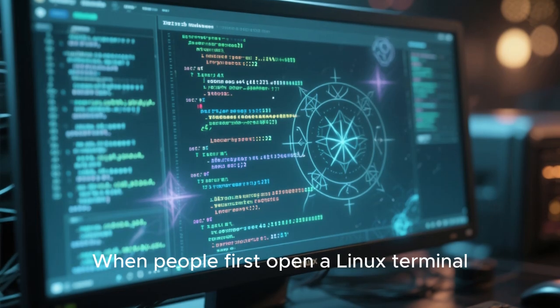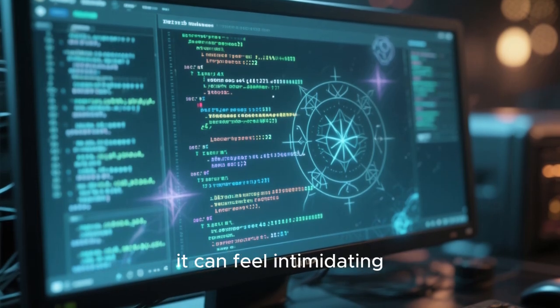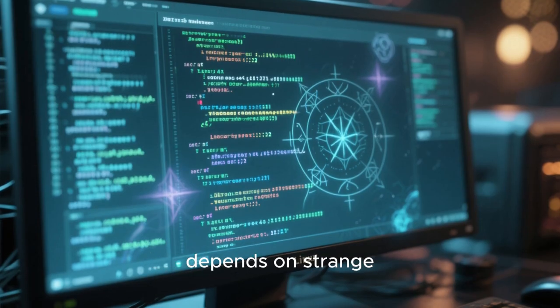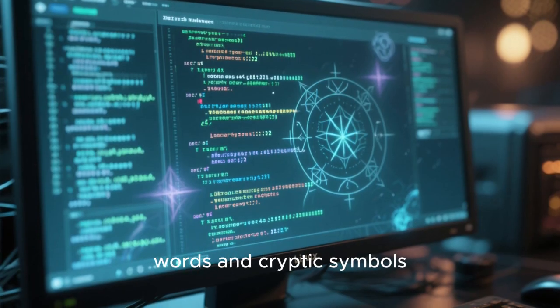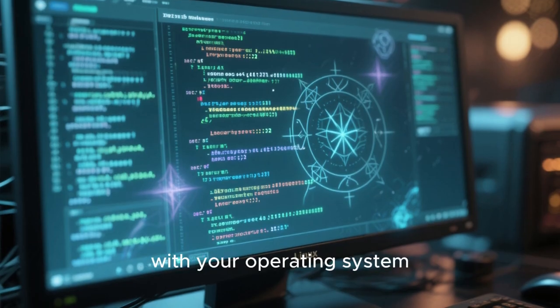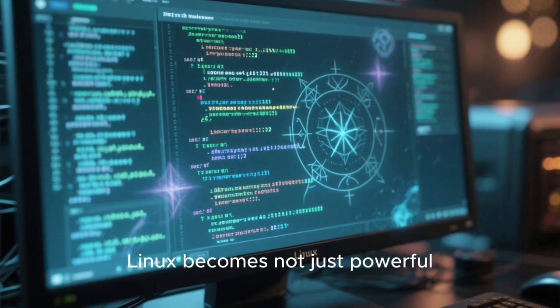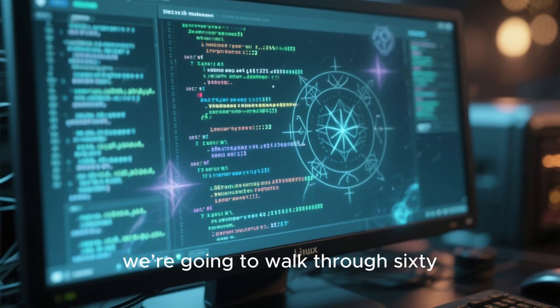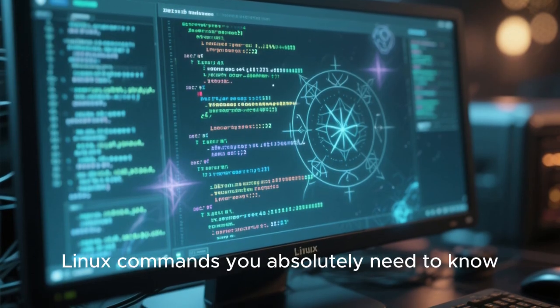When people first open a Linux terminal, it can feel intimidating, like staring into a black box where everything depends on strange words and cryptic symbols. But once you understand that the terminal is simply a direct conversation with your operating system, Linux becomes not just powerful, but incredibly logical. In this video, we're going to walk through 60 Linux commands you absolutely need to know,